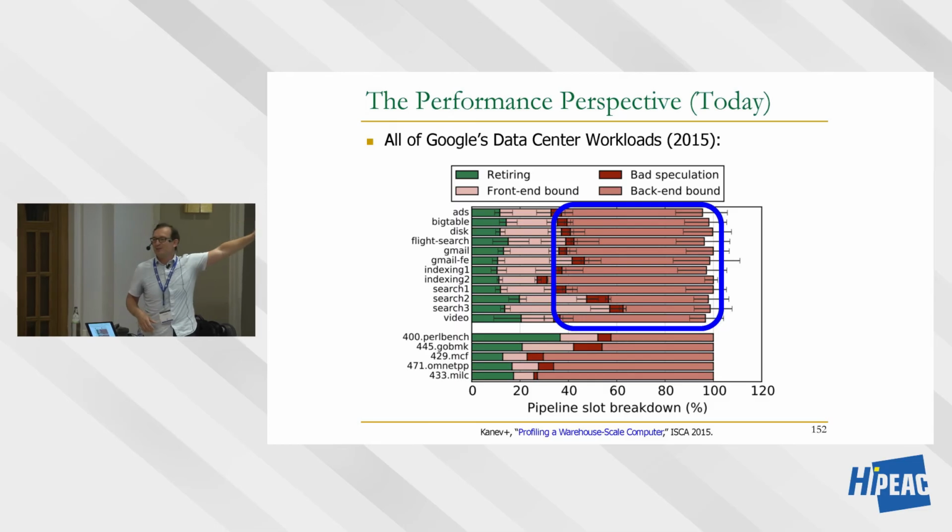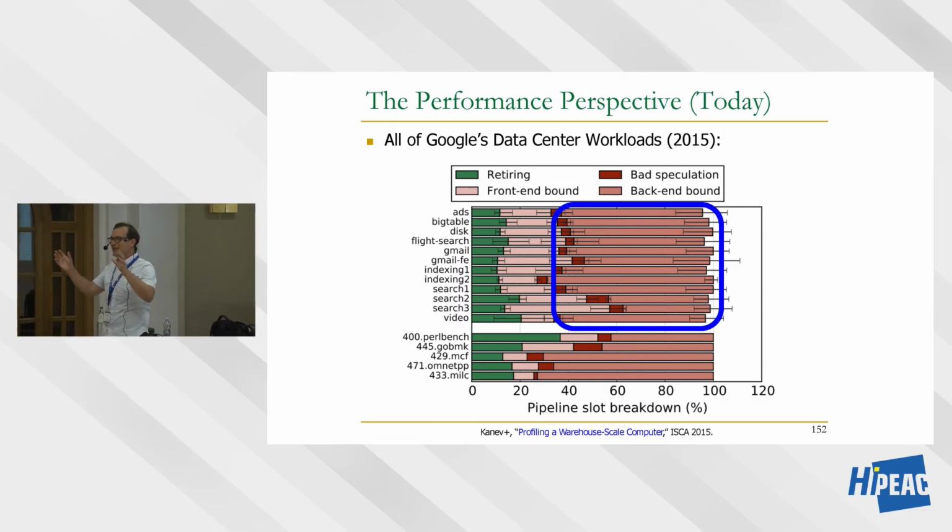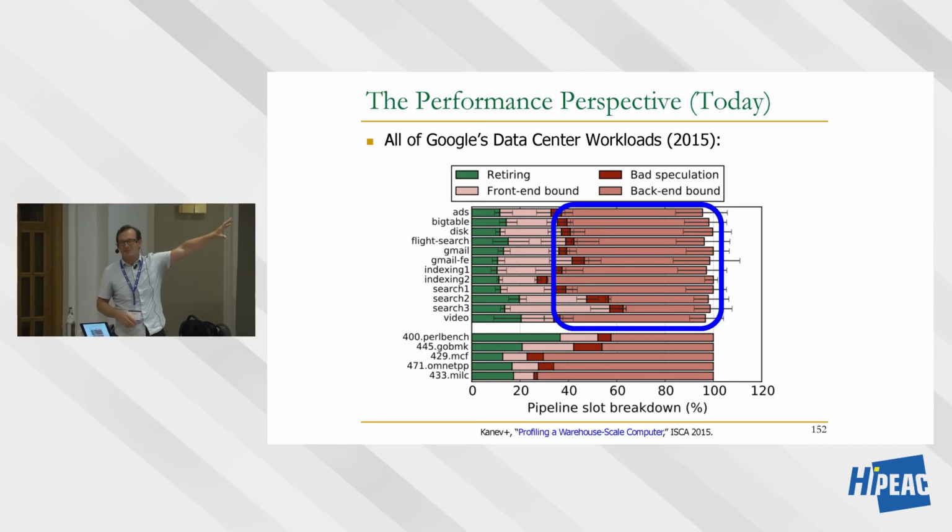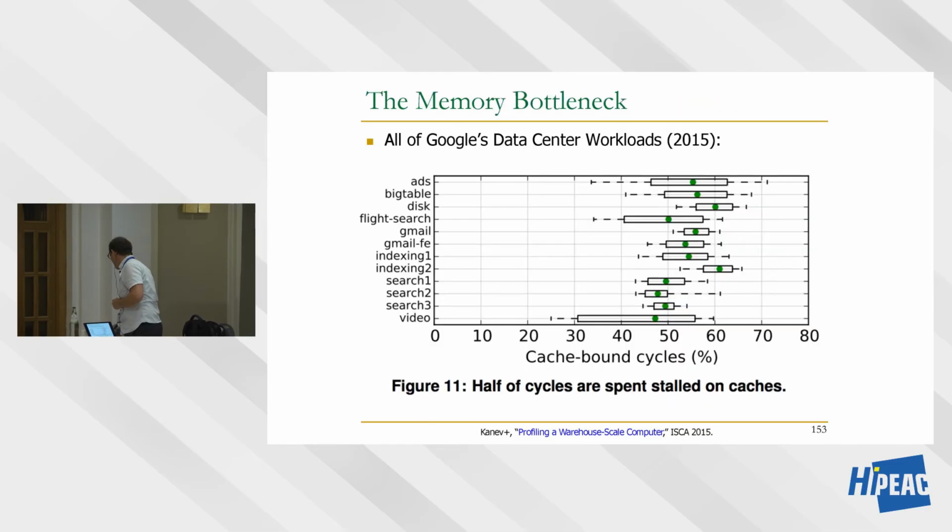Okay, if you don't believe me, you don't believe ACACES, since everybody believes Google, Google recently published a paper, of course that's a joke, right? But Google recently published a paper in ISCA 2015, where they showed essentially the same thing. This is, according to Google, all of their data center workloads. You can see Gmail, for example. On a state-of-the-art Intel processor, these workloads are waiting for memory most of the time. The processor is doing useful work only 10 to 20% of the time. They have more analysis in the paper. I recommend taking a look at it.